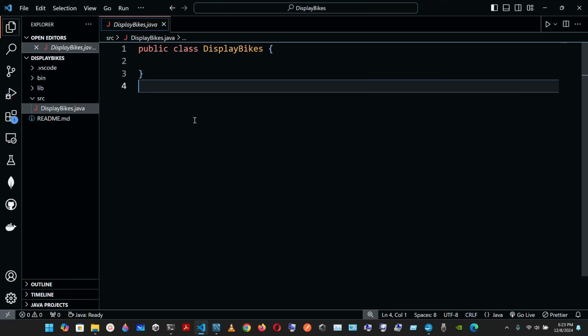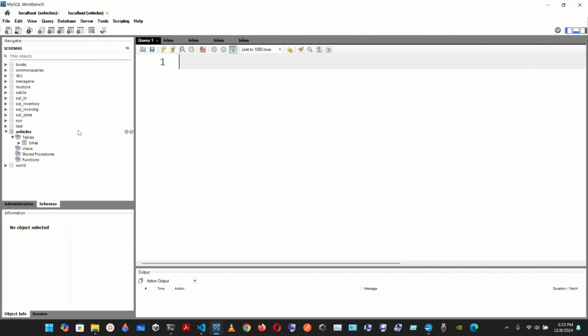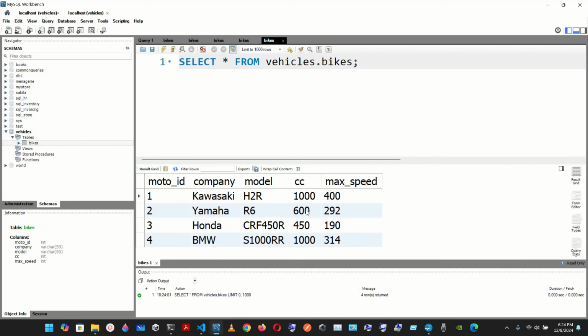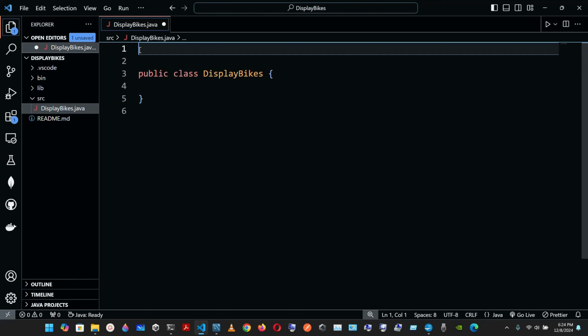Okay, so what we are gonna do right now is pretty much connecting to and querying a database. So this is our database. The vehicles is our database, and we want the information about the bikes table. So we are gonna go all the way up to the top, and we are gonna import